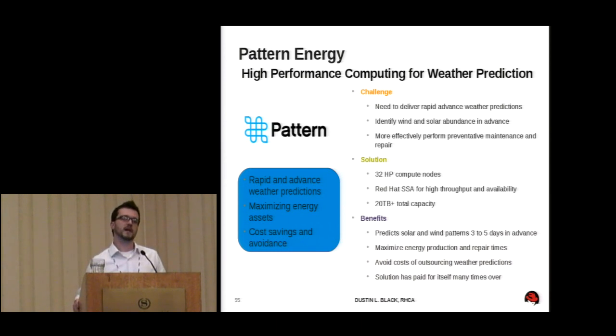It helps them identify not only patterns for energy consumption, so that they can route energy in the most efficient ways, but also things like deciding where to put a wind farm at some point in the future. If I can understand the wind patterns, I might have a better idea of where my windmills are going to be most efficiently placed. So a lot of good information coming out of that.